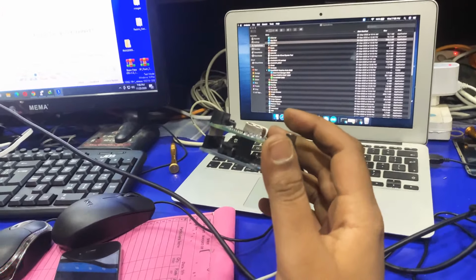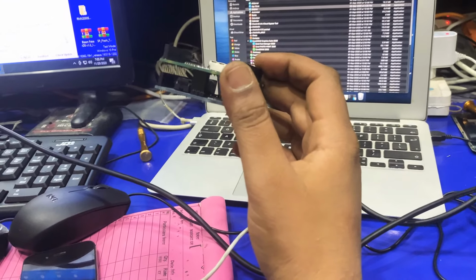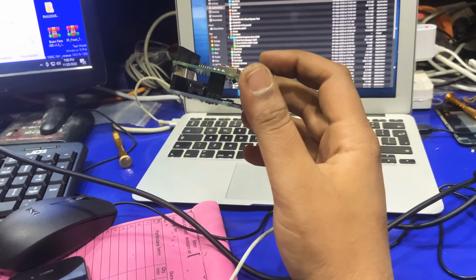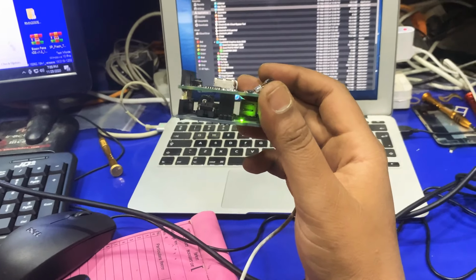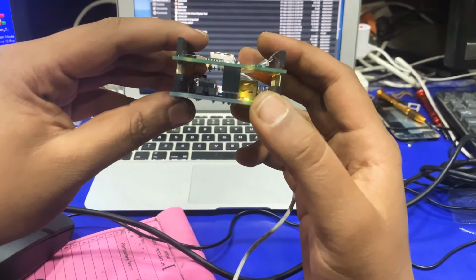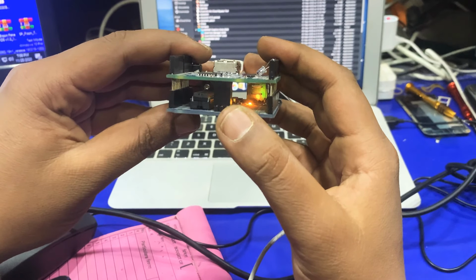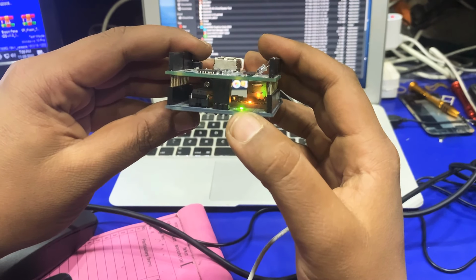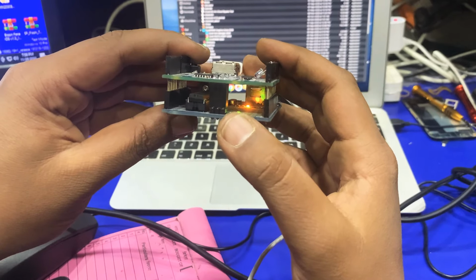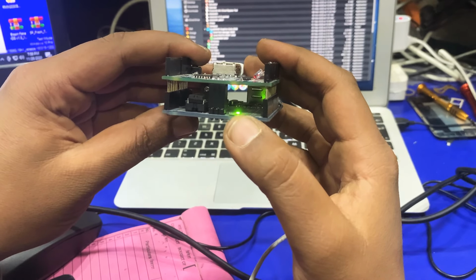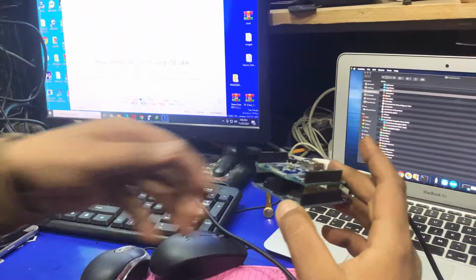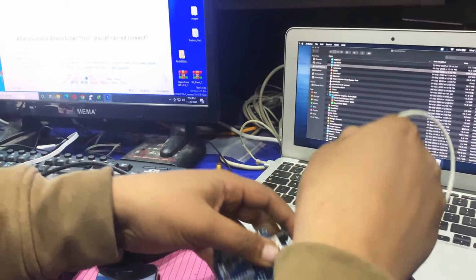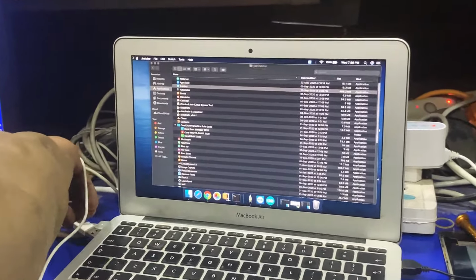Now you have to look carefully here to see if it works or not. Now you can see the yellow light. When it stops blinking, then you have to remove it. Now remove it, and connect the iPhone 4S to the Mac.